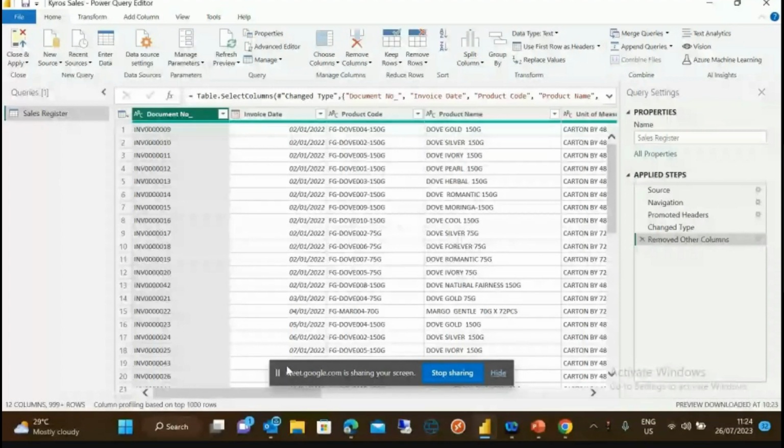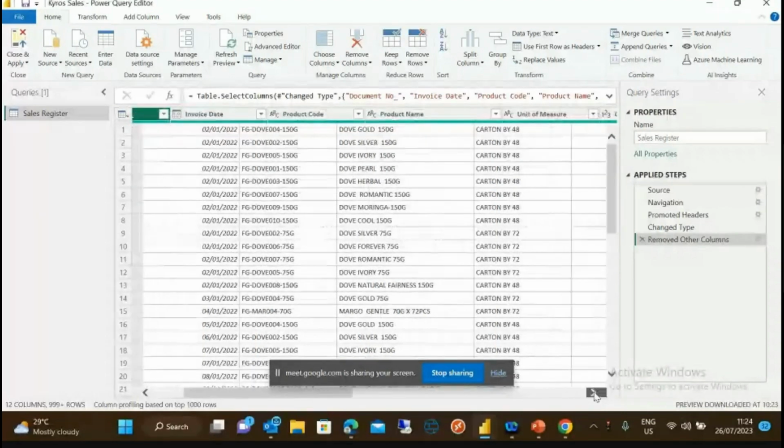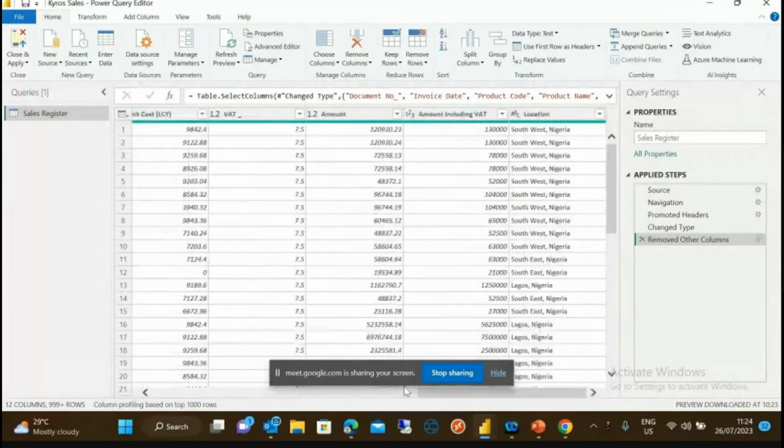Okay, so let's assume you want to create a new column that would combine, say, our product code with our product name. You want it combined together. So basically, we are creating a system that will create a product code and product name together in one column. So all I need to do, if you look up here,